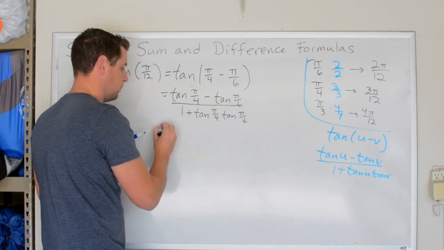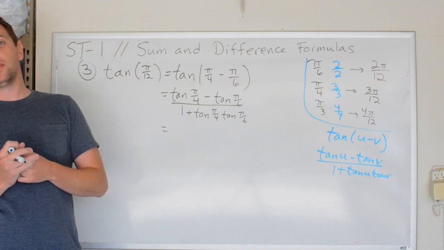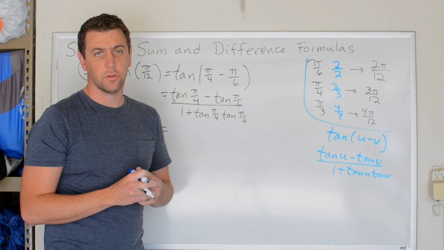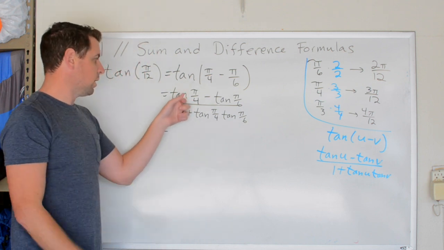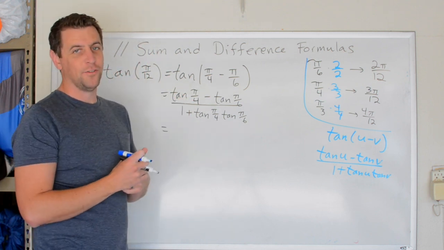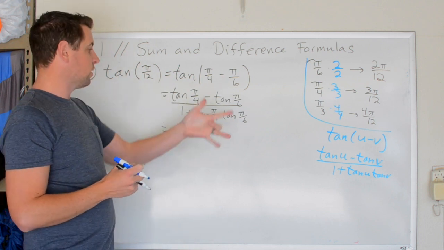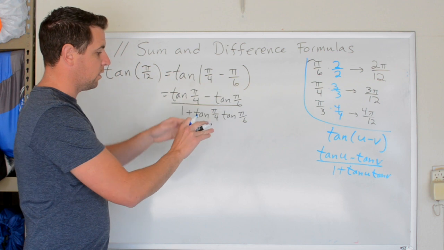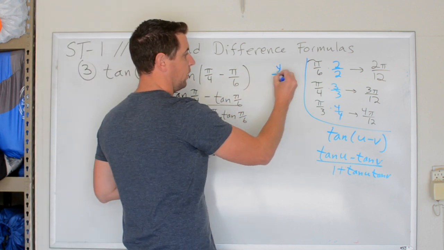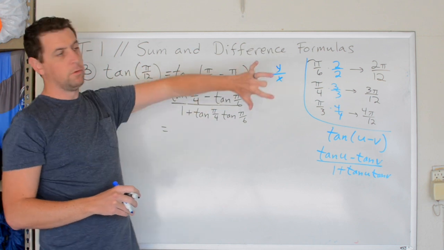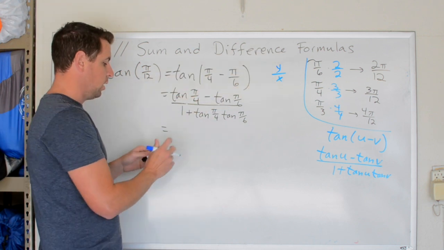At this spot, I need to evaluate each of these individual trig expressions from the unit circle. I know it's a little bit annoying because tangent is one of the ones we're not a big fan of, but we can get through. Tangent of pi over 4 is one of the easier ones. That's going to be the y over the x value. Remember, tangent is y over x. And so y over x at pi over 4 is going to be radical 2 over 2 divided by radical 2 over 2, which is just 1,